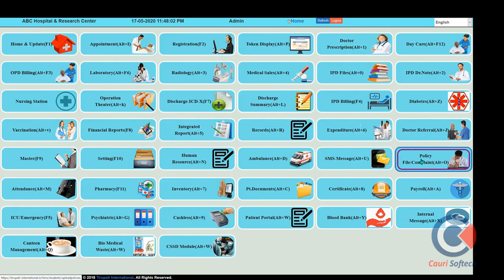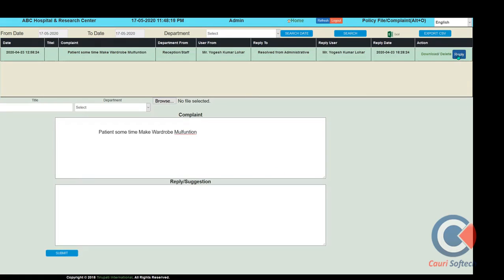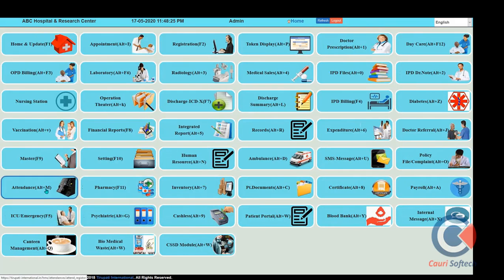Here, policy and file complaint is also a part of NABH accreditation, and TPN coordination of patient complaints. And for hospital internal staff complaints, we can put the complaint entry here, and this complaint should be tracked through the administrator. They can put the resolution of the same complaint and the reply information here. So, in this way, the complaint system also has to be maintained according to NABH accreditation for the Indian